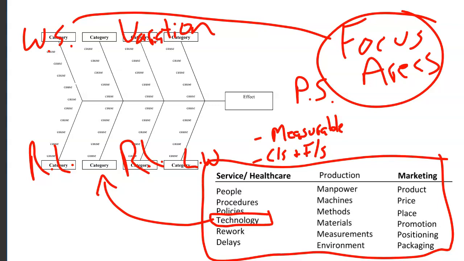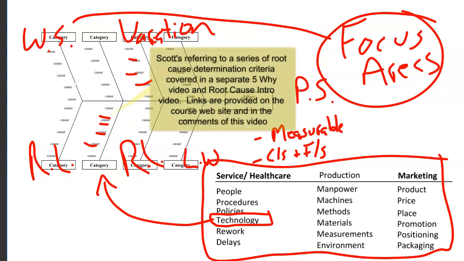Then, with that diagram in place, I have my team members first on their own take a look at filling in these values, and then we bring the whole group together as a team and fill in values. When we come together as a team and share our results, what we're looking for are one of two things. We're looking for conditions that we already explored in our 5 Why video session on how to determine a